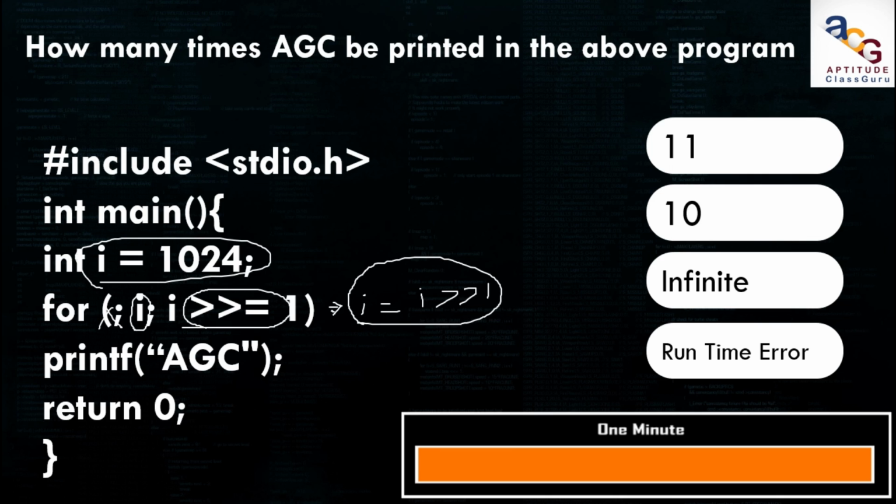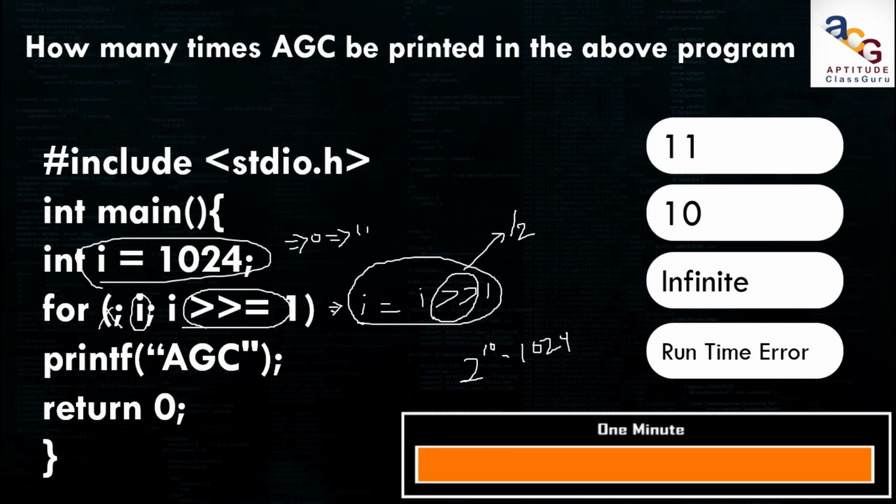I have already discussed this concept in previous videos, bitwise operators like right shift operator and left shift operator. What is meant by right shift operator? It will decrease the value by always dividing by 2. So how many times do we have to divide 1024 to make it equal to 0? It is 11 times. Why? Because 2 power 10 is